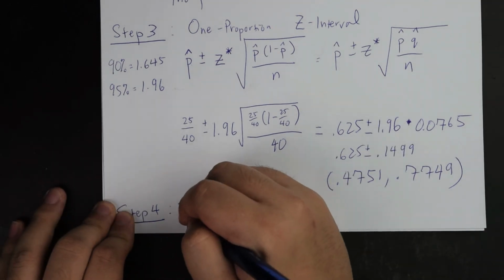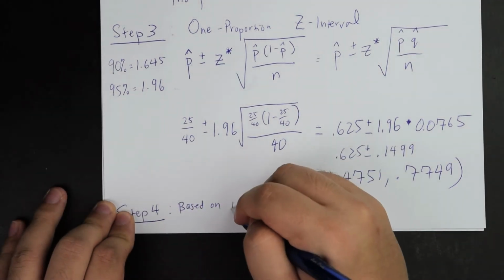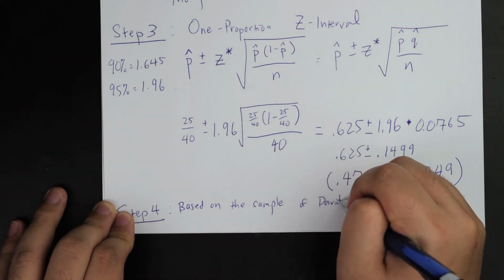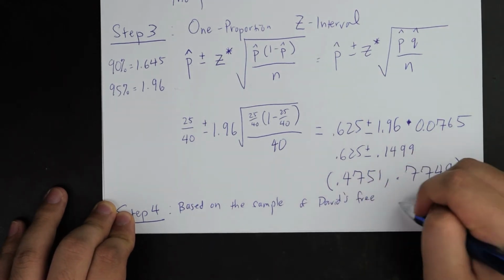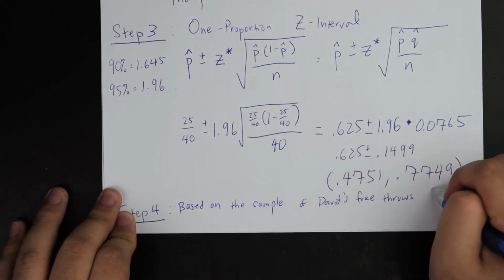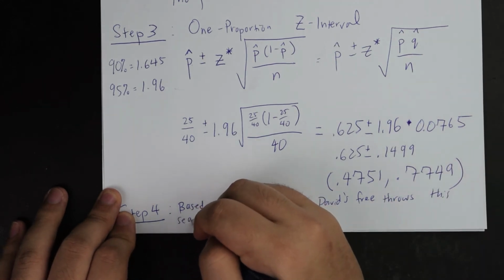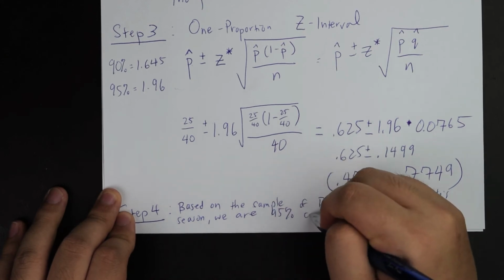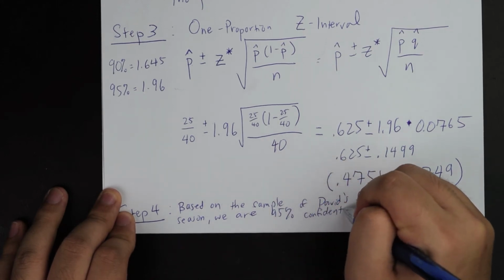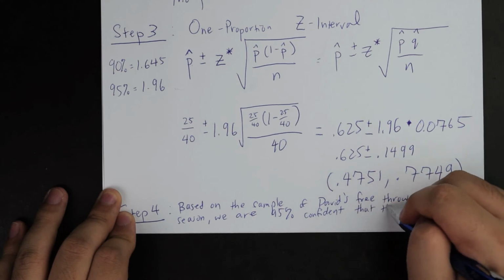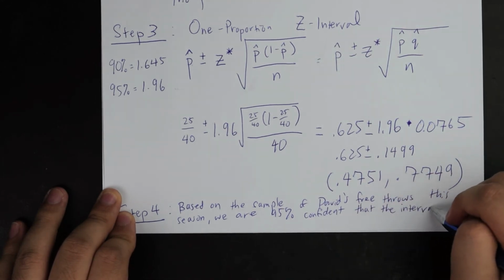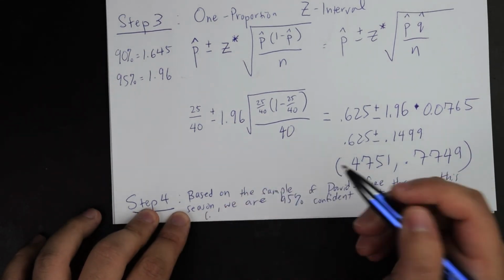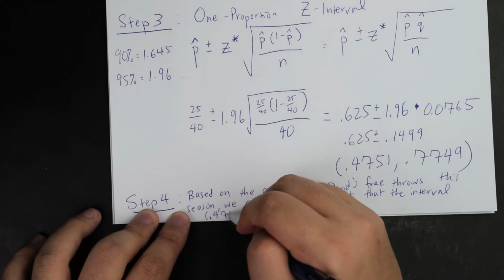So based on the sample of David's free throws this season, we are 95% confident that the interval, and do note, I am writing a little bit small just because of space reasons, but you get the idea, 0.4751, comma 0.7749,